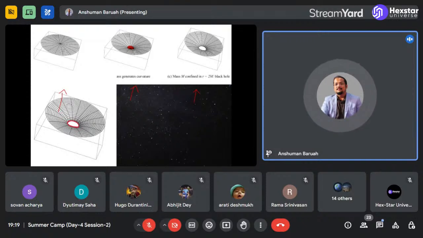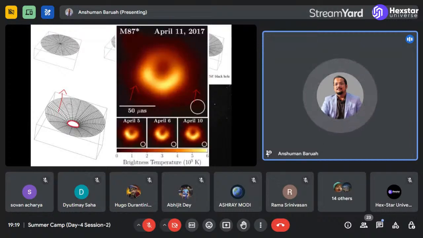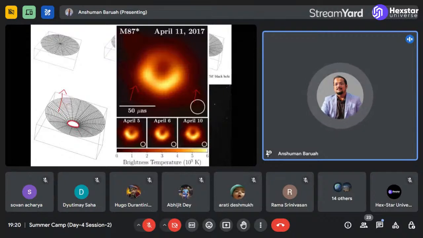We have actually been able to observe this. So this image you see here is the radio telescope image of the center of a galaxy called Messier 87 or M87. And radio astronomers have indeed verified the structure that I have just shown you in these simple diagrams to be true, right? So in this image, there is a dark halo at the center, which is the event horizon, and this glowing ring of light that you observe surrounding the event horizon is what we call the accretion disk.